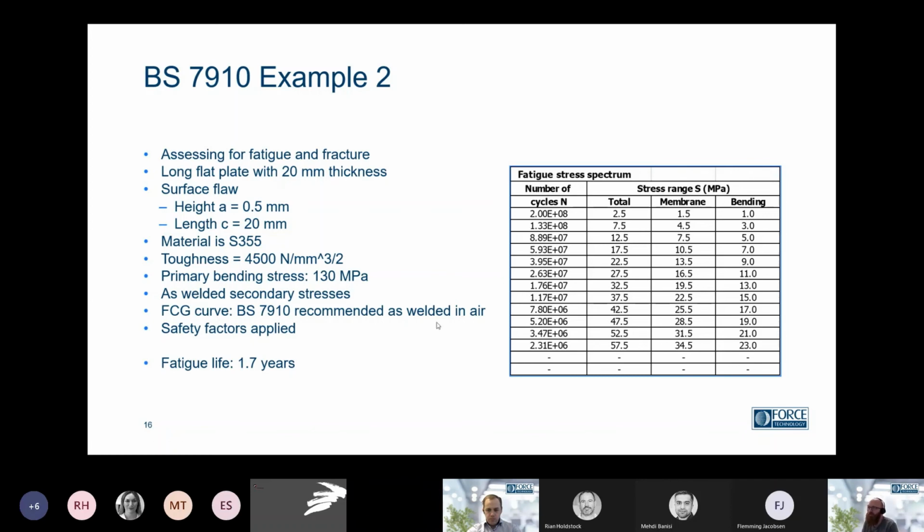For this example, I've used the BS 7910 recommended as welded in air curve, and again I've applied safety factors. The fatigue stress spectrum I've made up is shown here on the right. I've estimated that this is a 20-year expected stress spectrum, and the fatigue life here is